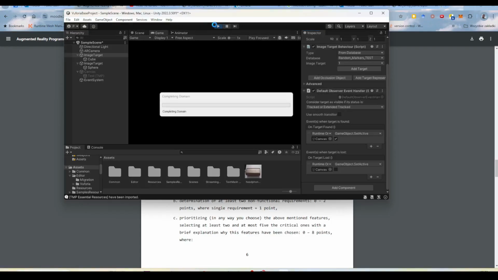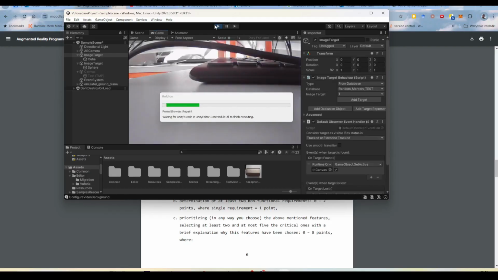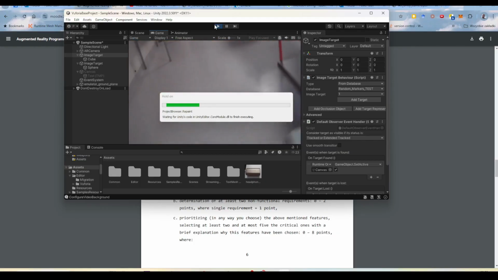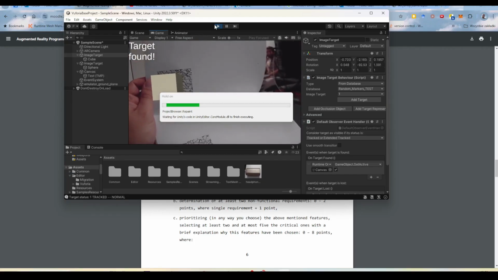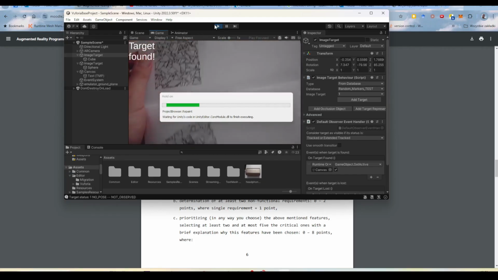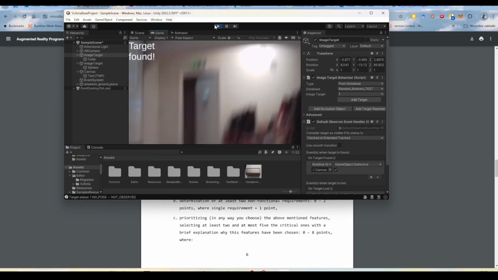And let's check does it work. Well, I don't remember which marker it was, but I think that I chose this one. Yeah, so I've got UI, and when the target is lost,